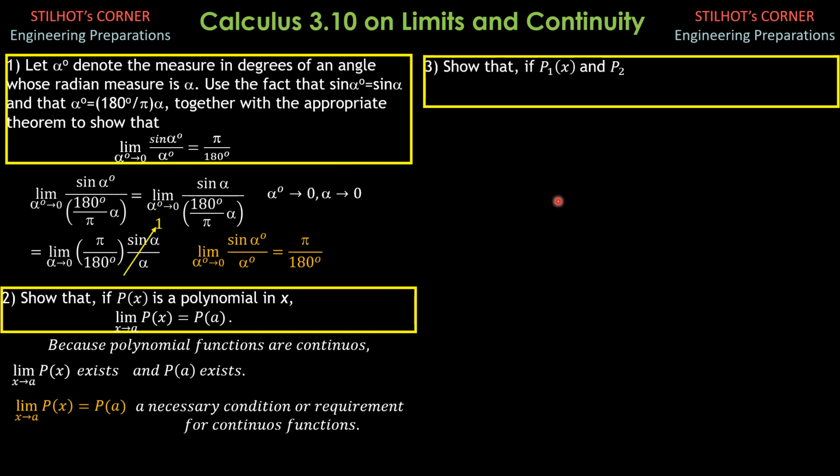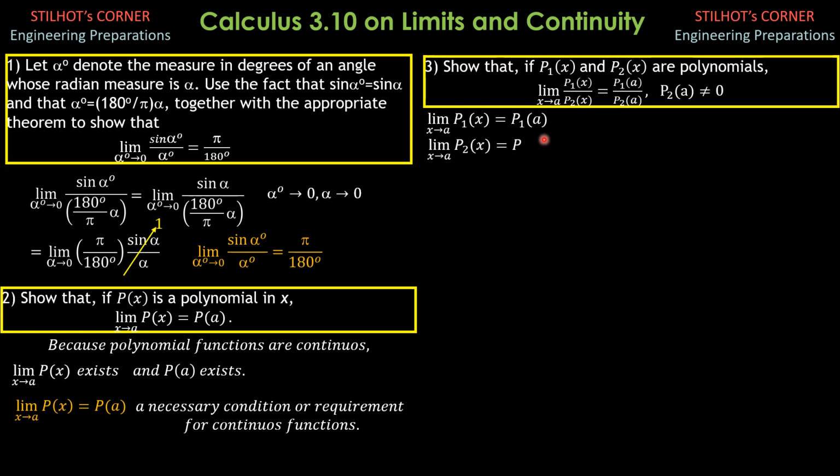Problem 3 showed that if p1 of x and p2 of x are polynomials, the limit as x approaches a of p1 of x over p2 of x equals p1 of a over p2 of a, where p2 of a is not equal to 0, so it is not an indeterminate case. By the preceding problem, the polynomials are continuous, so the limit of p1 of x as x approaches a exists, and it is equal to p1 of a. The limit of p2 of x as x approaches a is equal to p2 of a,